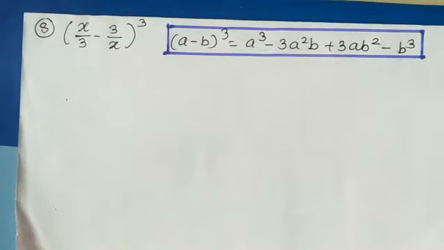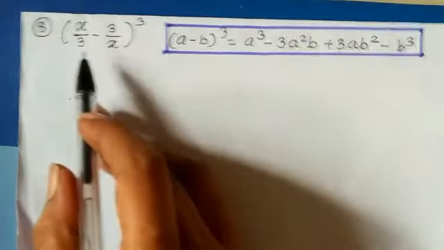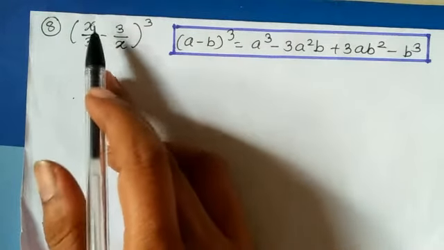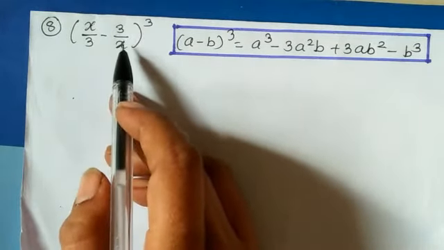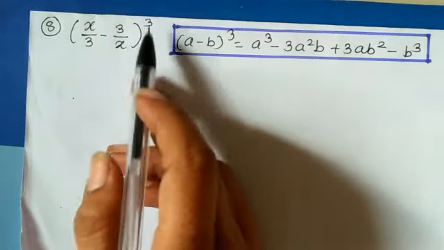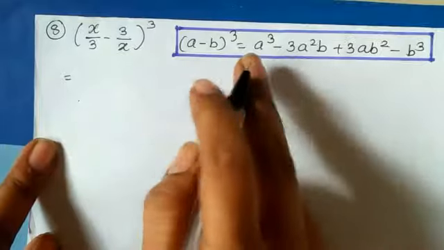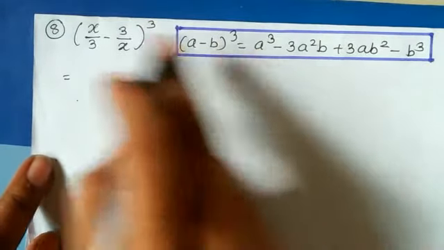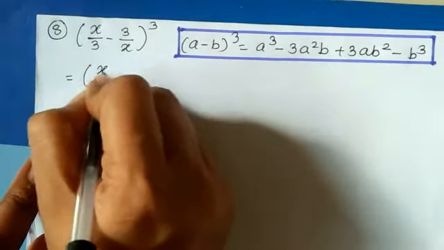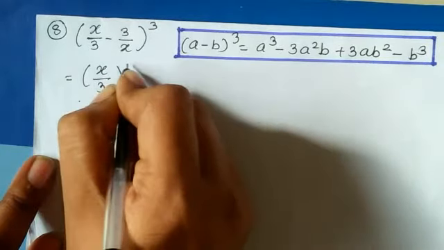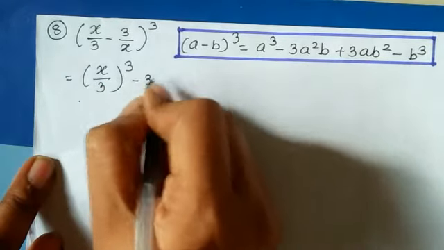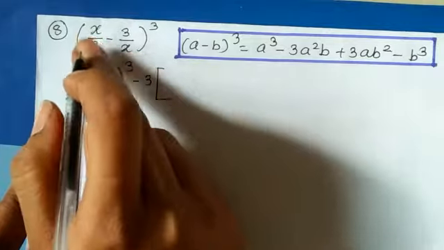Let's go ahead with the last sum from question number 1, which will help you to solve the remaining two also. Again, the question is like this: x upon 3 minus 3 upon x, bracket raised to cube, and I have written the formula. Let's go ahead. At first, the first term's cube, it means x upon 3 its cube, minus 3 into bracket first term